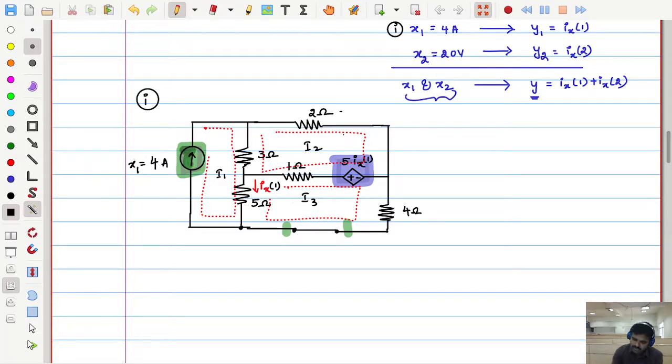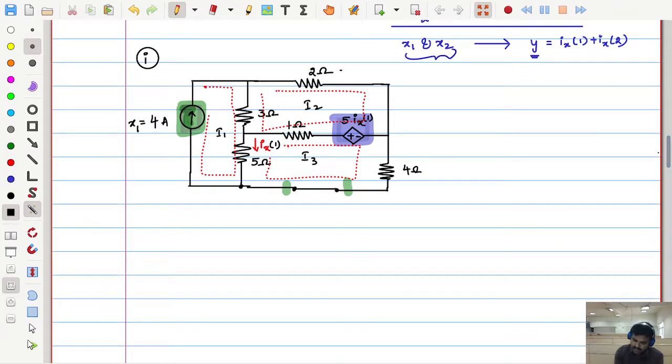See, in the superposition theorem we are using mesh analysis again to get various currents. So now let us write the equations. See, this is one of the advantages of having a current source in this mesh. So I can write I1 directly as 4 amperes. So these are all clockwise. This also is clockwise in this way, and this also is clockwise. All the currents will be indicated in clockwise. So now I already got I1.